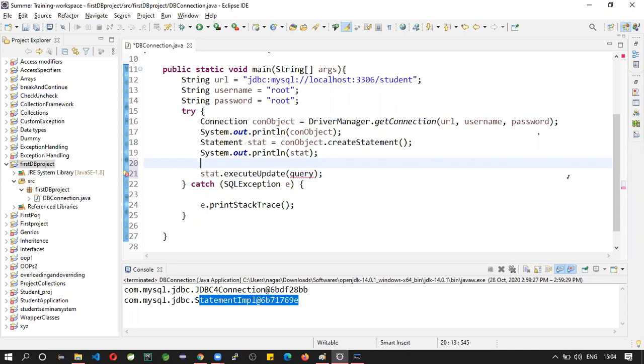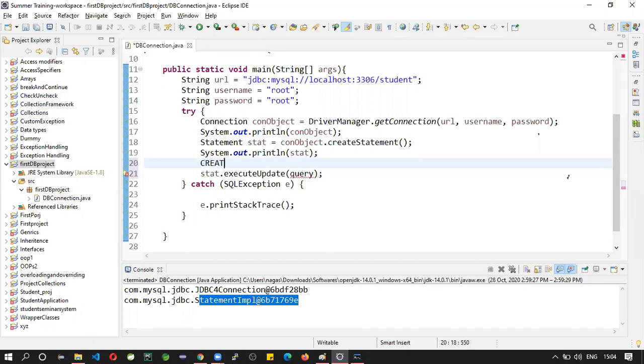So what is the query to create the database? Do you remember? Create database is the query, right?